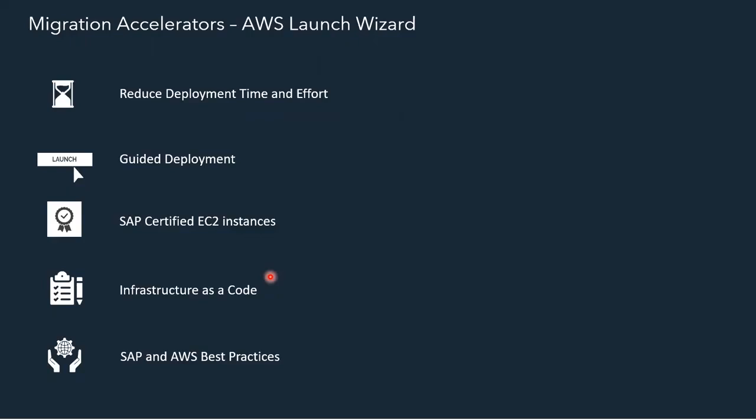So for accelerating your migration, it is always best to choose a certified cloud partner who comes with rich expertise and helps you with your migration acceleration. There are multiple tools in AWS which support DevOps and monitoring, like CloudWatch and CloudTrail. You can make use of all of those for optimizing your resources. So soon you can move to the next one.